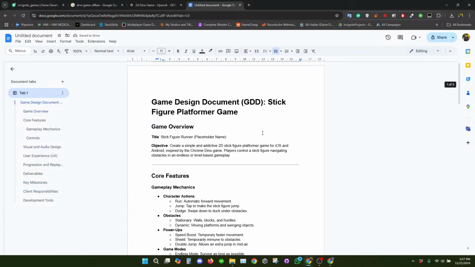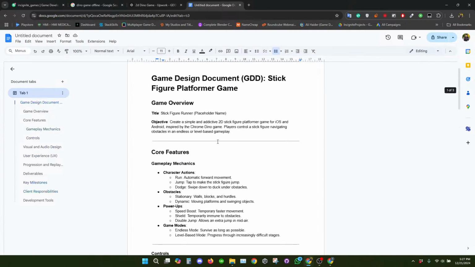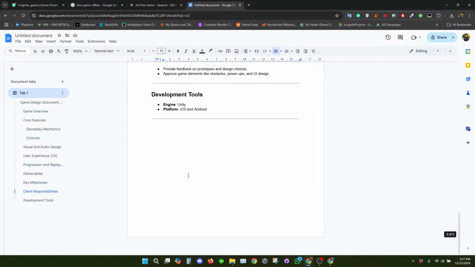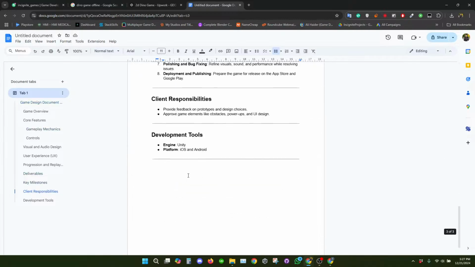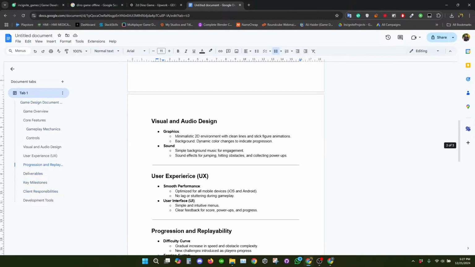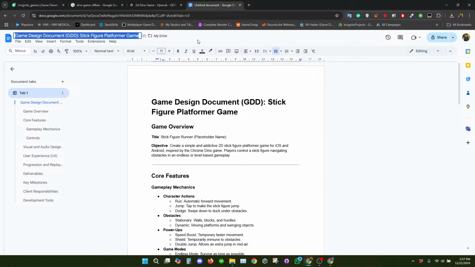So now we have completed step 1, which is basically designing a GDD, and we can just shorten the name.